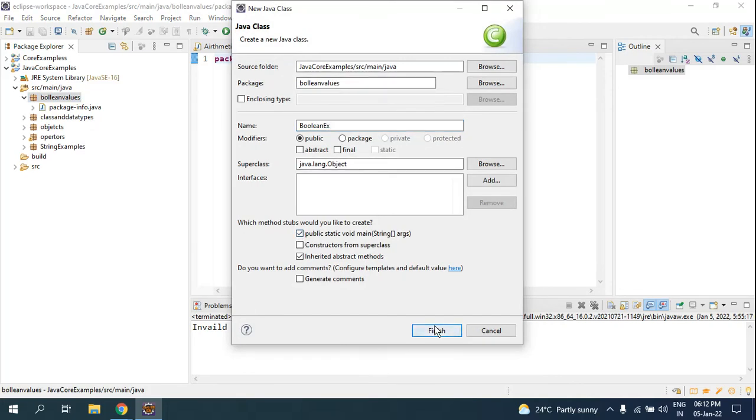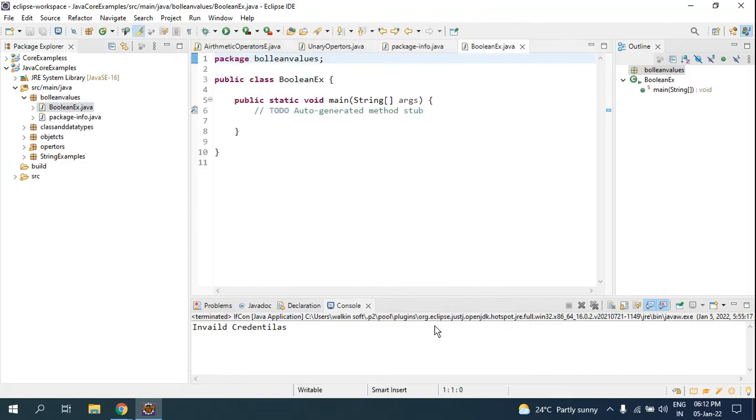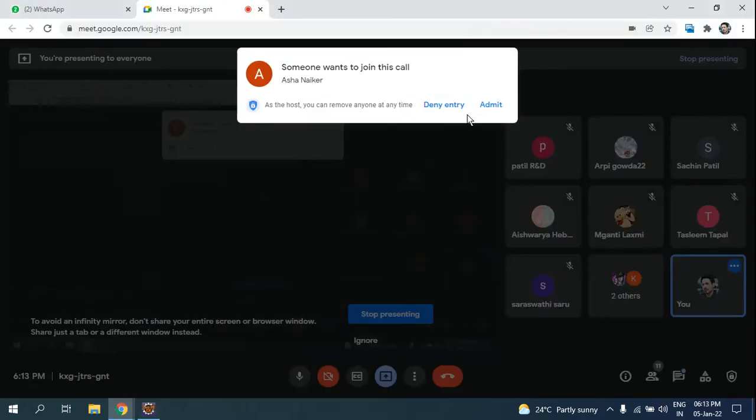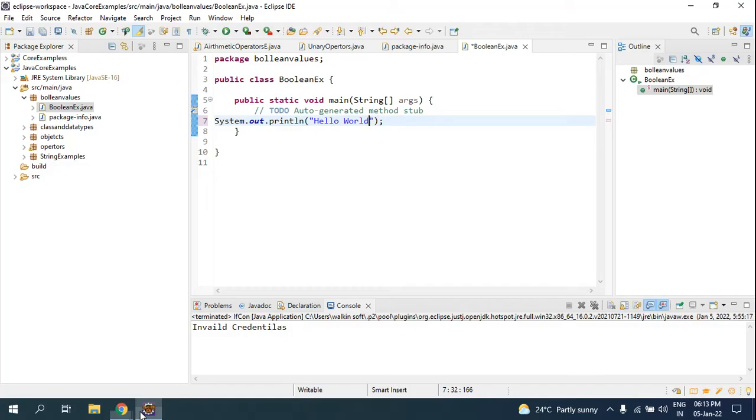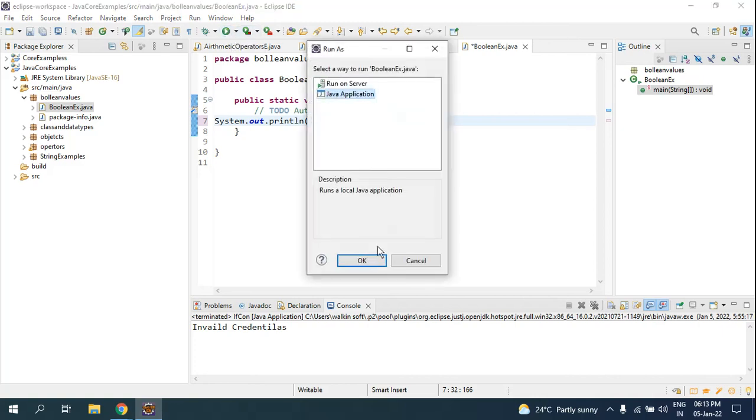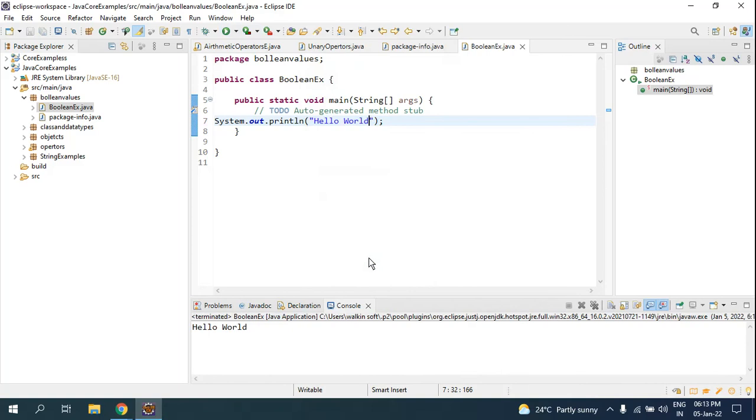As I showed you in the earlier examples, you use SYSOUT, control spacebar. Whatever you write inside this method, it will print it out. If I give words like hello world and run this Java file, you are able to see hello world, which is a string.